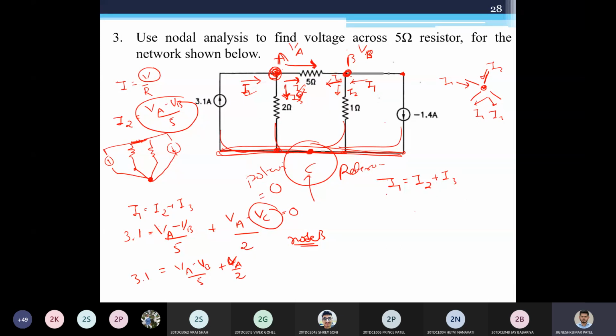Now what is the value of I1? If you look at this, my value of I1 current is minus 1.4. Now see what is this scenario. My current value is minus 1.4, but if you look at the sign, it is going in this downward side, and what I'm assuming is in this direction. So if I travel from this point and go across this, I will face the current going in the opposite direction. So I have to consider this as a negative current. So my actual value of I1 is minus into minus 1.4.